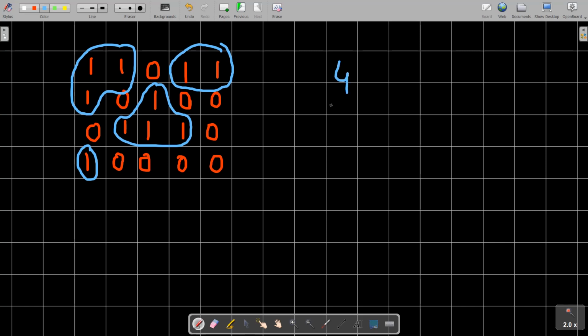So can we improve this value? The value is 4, right? So yes, we can improve this value. And what is the condition that we are going to follow? We are going to change any one cell whose initial value is 0 to 1. So after doing that, can we improve this value? Let's find out by doing some work.